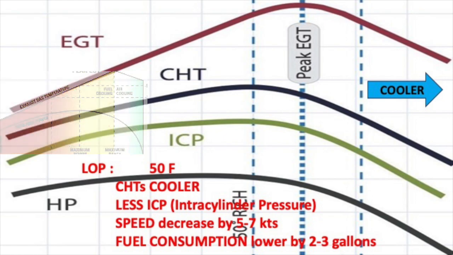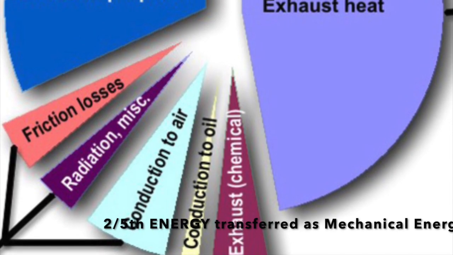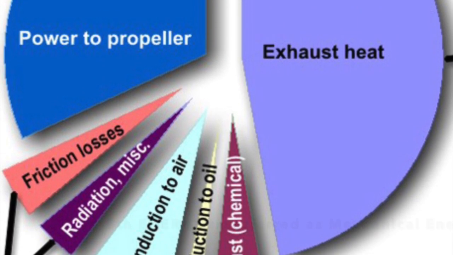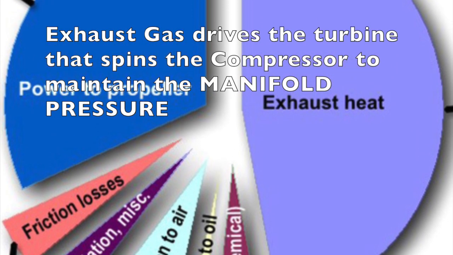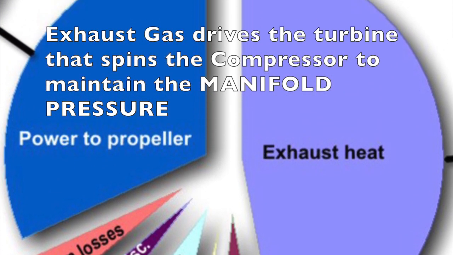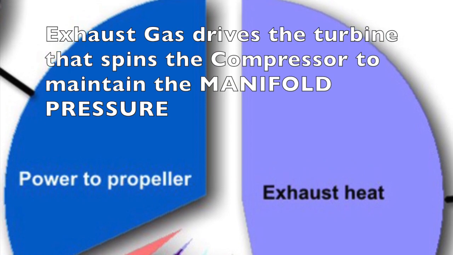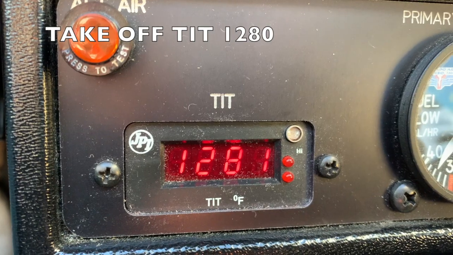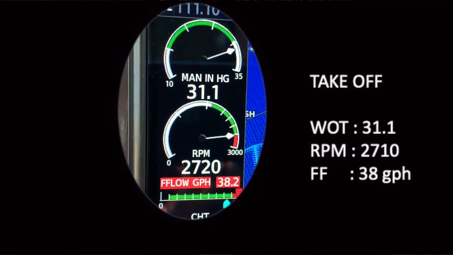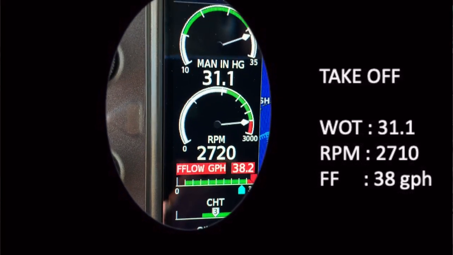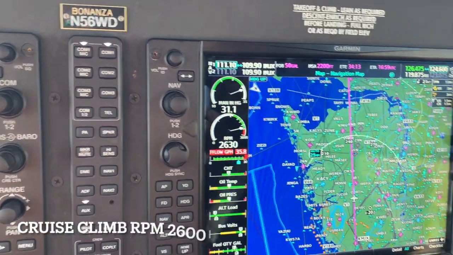Mike Bush's graphic shows us the energy conversion efficiency of any aircraft engine. In a TN, the exhaust gases go on to drive the turbine and spin the compressor. During takeoff, the throttle, RPM, and fuel flow are all to the wall,